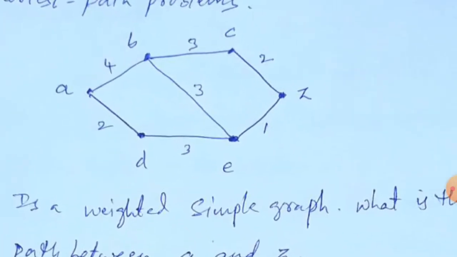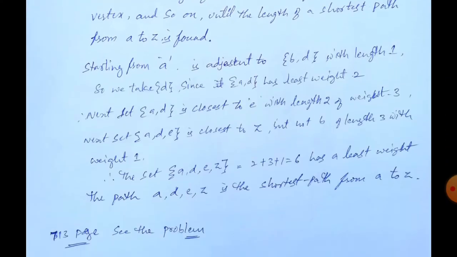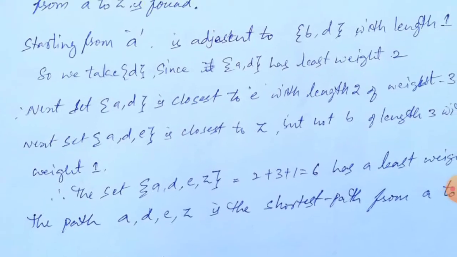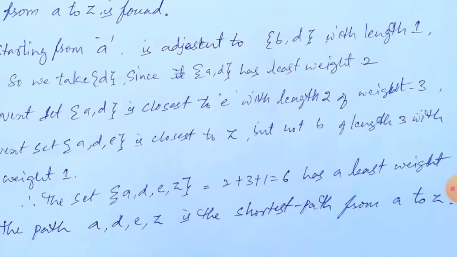Observe here, we will go to the diagram. Now A to D we have passed, we came to D. Now from D where do we have to go? Only one edge is there, to E. So D is adjacent to only E, so we compulsorily go to E only. Now E is closest, with length 2. Length 2 means if you are at E, how many edges did you visit? That is 2 edges, that is the length.